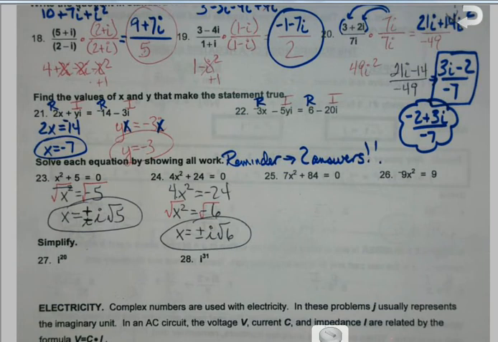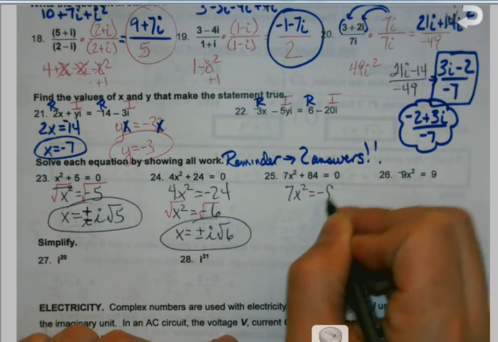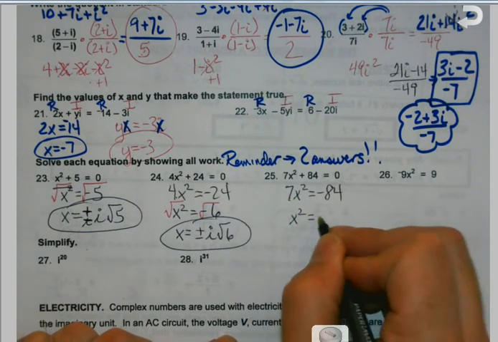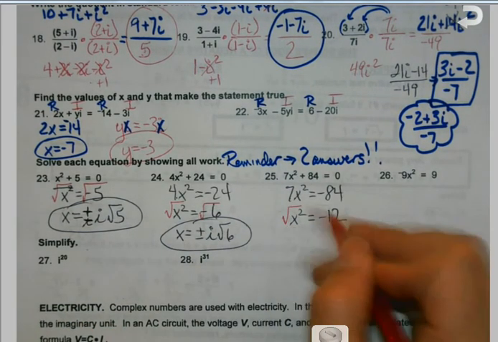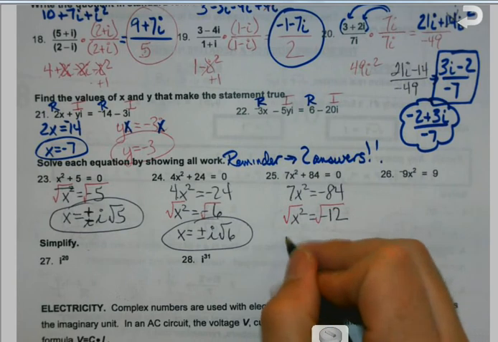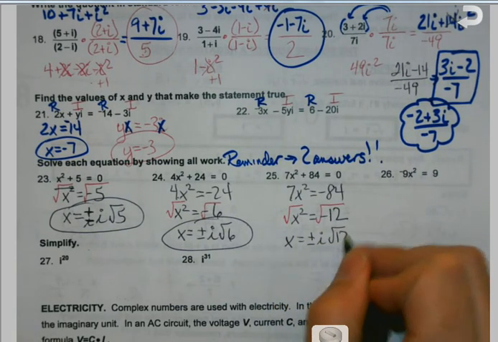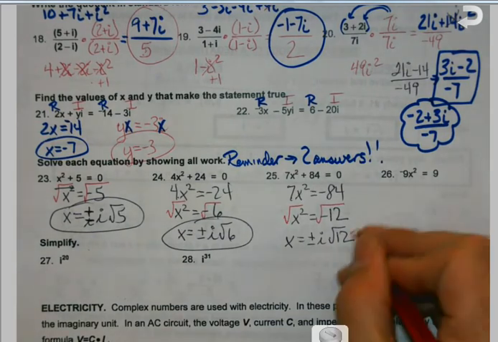One last one here on 25, because then I want to play with the fun ones here. Again, isolate. Still not isolated, so divide by my 7. And here's where I've got to watch it a little more. Because it hasn't happened yet in the other ones doesn't mean it's not this time. Before you circle something and say, that's my answer, I'm good, make sure, can you break down the radical? Because if you can,